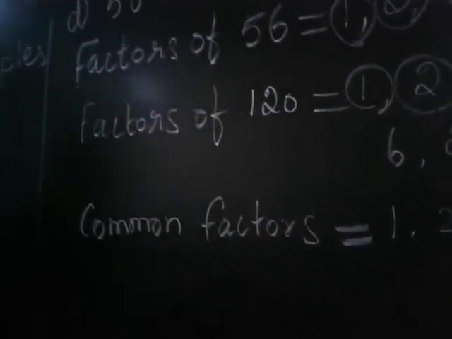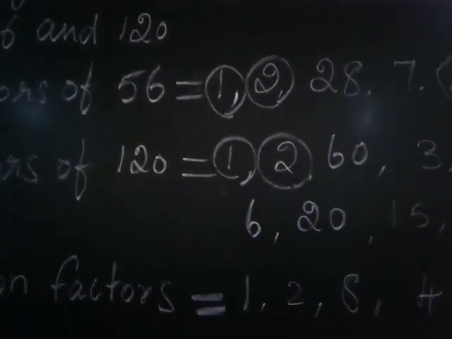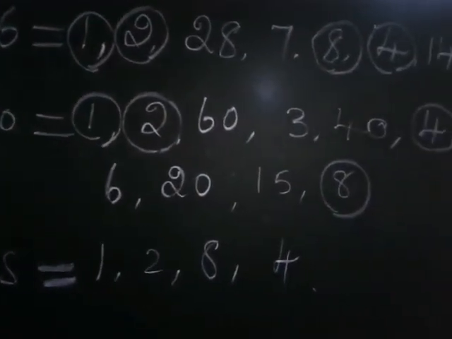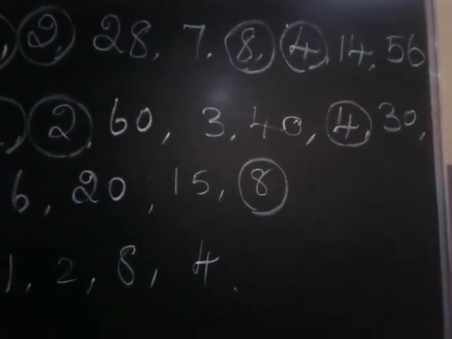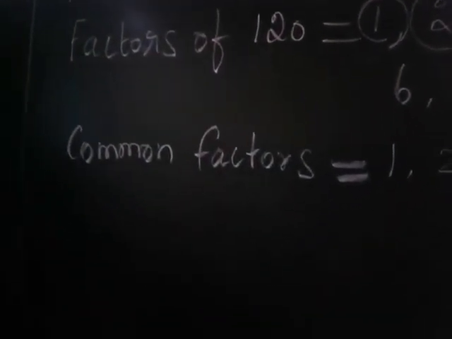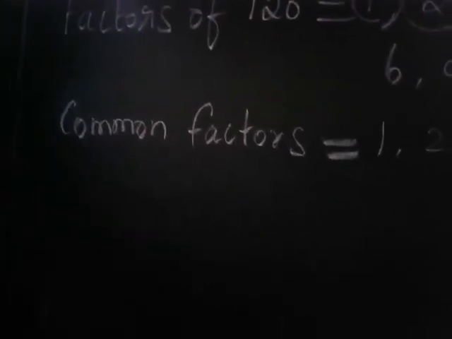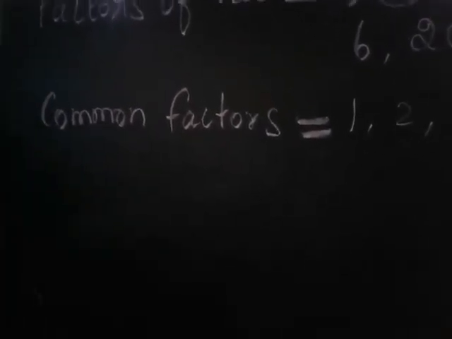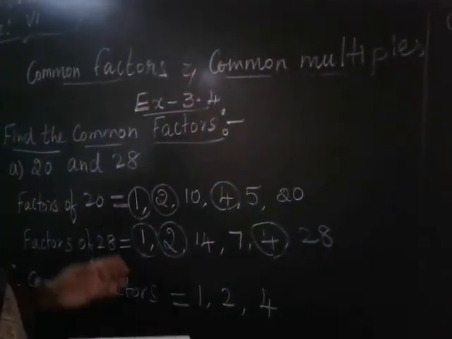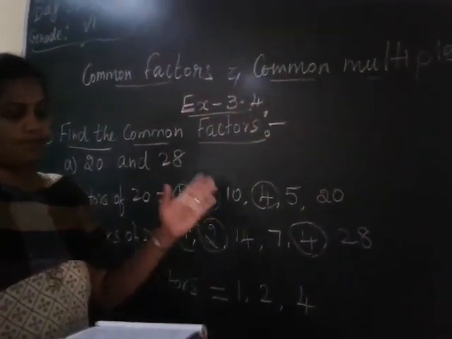Okay, this is also a little bit big number. It's very difficult to write the factors. You are not supposed to leave out even one factor, children. Like this you want to write. Okay, now the first main is over. The second main is also the same type only. You want to write the common factors. The third one is: find the first 3 common multiples, they are asking to write. Okay, next class we can discuss the next 3 questions, children. So please go through this common factors exercise 3.4. The first main I completed. The second main is the same pattern only. The third main asks you to write the common multiples. Thank you, children.